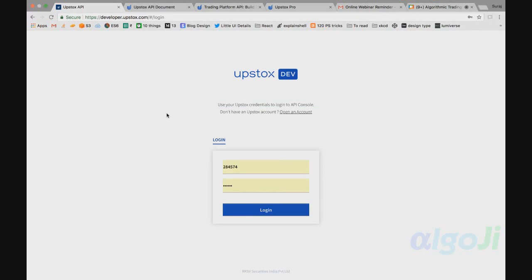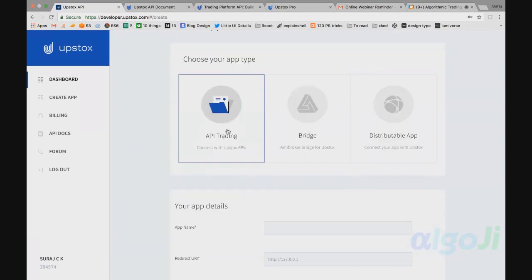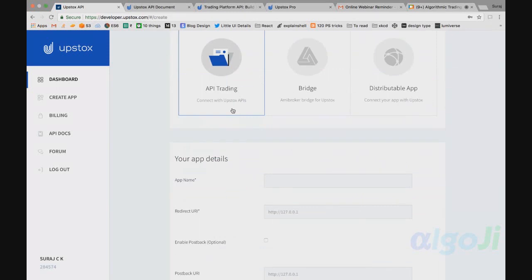This is our developer console. Developer.upstox.com is where after you create an account with Upstox, you can go here, log in here, and create all your apps and everything and manage your dashboard from here. This is our console for all that. So you just have to click on create app. We'll be focusing on the API trading app today. So this is asking for a name. Let me just give it a name. AlgoJi